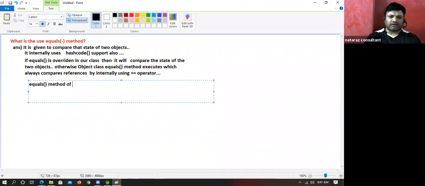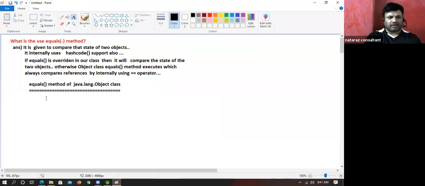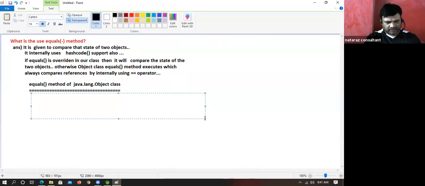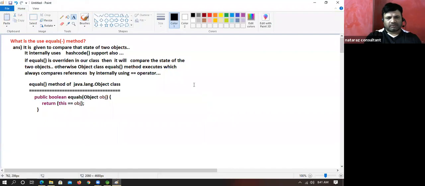Equals method of java.lang.Object class looks like this. Yes, this is very, very important, boss.